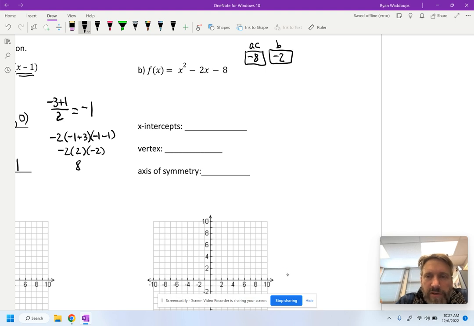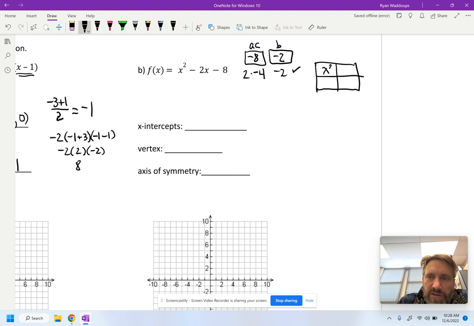And so I'm looking for two numbers that multiply to negative 8 and that add to negative 2. With a little work I can say it's 2 times 4 with the negative being on the 4. 2 times negative 4 is negative 8, and 2 plus negative 4 is negative 2. So those are my numbers. And then if I put it in the box,